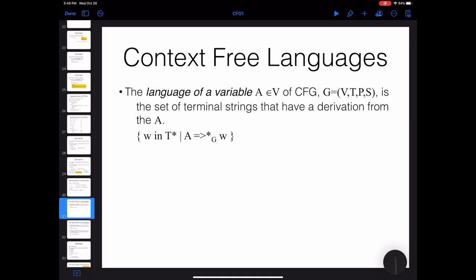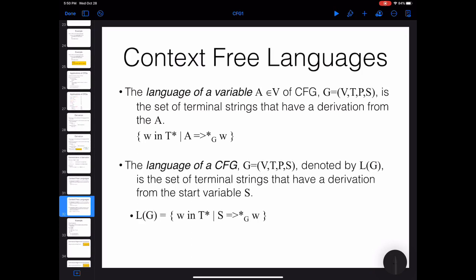Another definition here: we define the language of a variable in the context-free grammar to be all the strings, just sequences of terminals, that can be generated using a variable in our grammar. If you have more than one variable, for each of the variables you can define the language for that specific variable. It doesn't mean that this is only going to be the starting variable. You can define it for any variable in your grammar. And the language of the starting variable